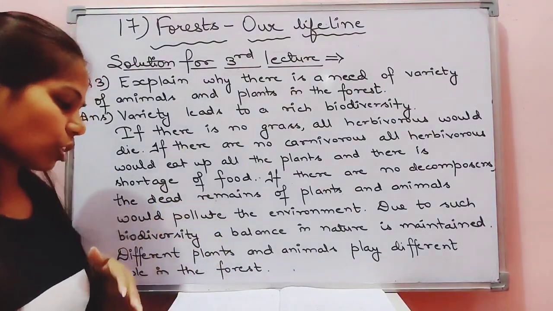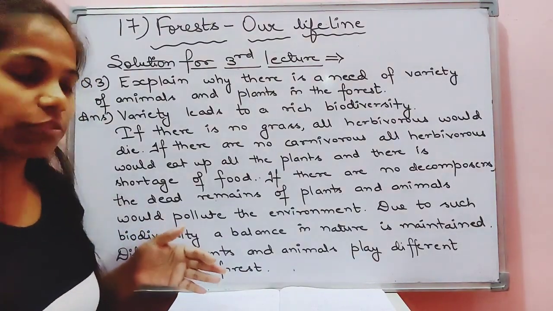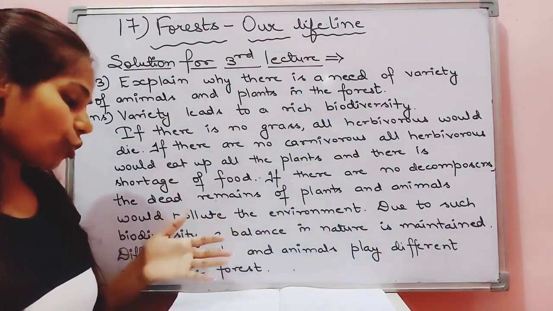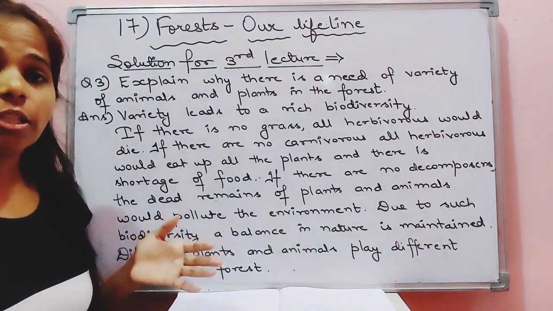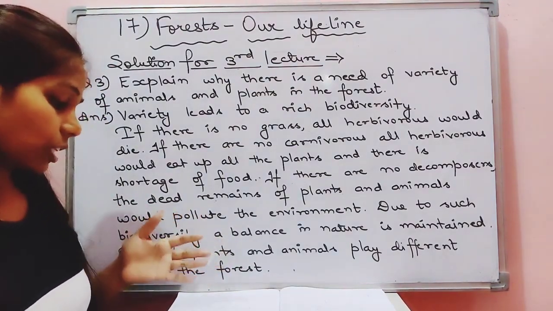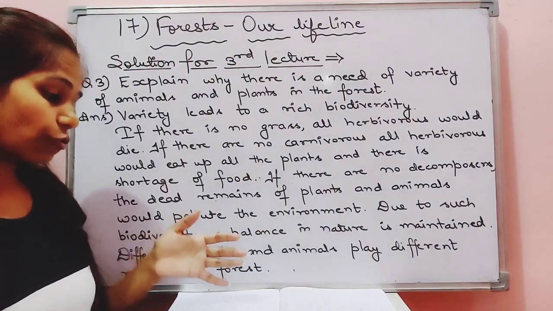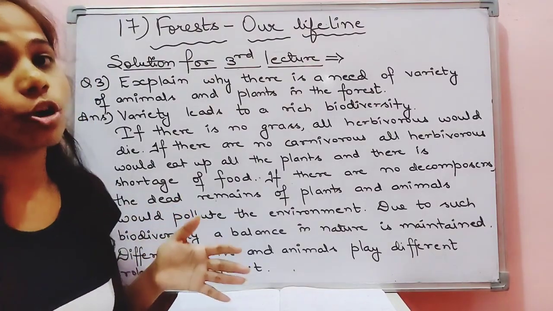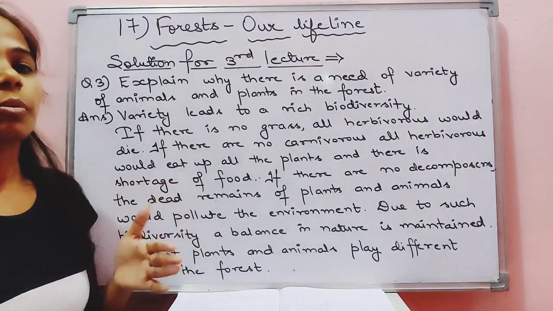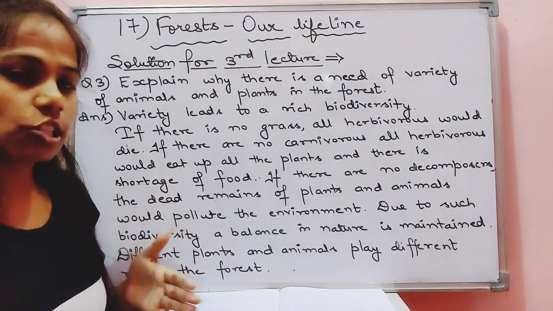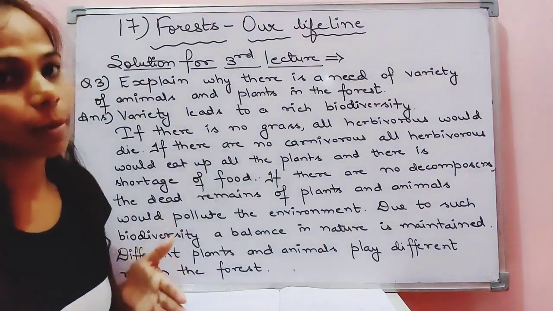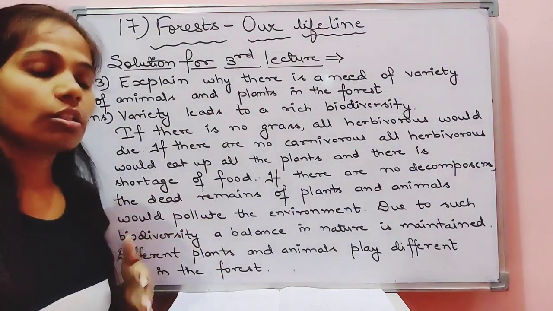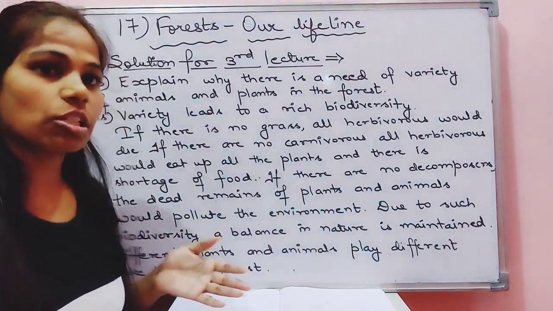Moving on to the next question. The last question was almost objective type, children. Which of the following statements is not correct? The statement was the second statement: plants and animals in the forest are not dependent on one another. This statement is absolutely false, children, because all the time the plants and animals are dependent upon each other. So now this is the end of the chapter, children.